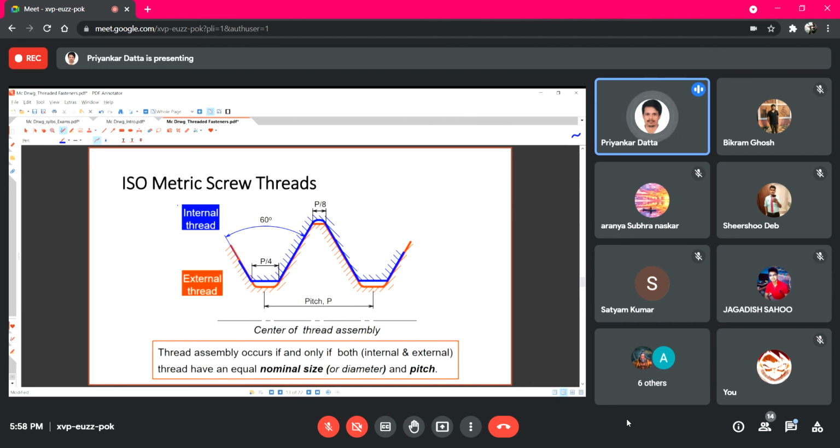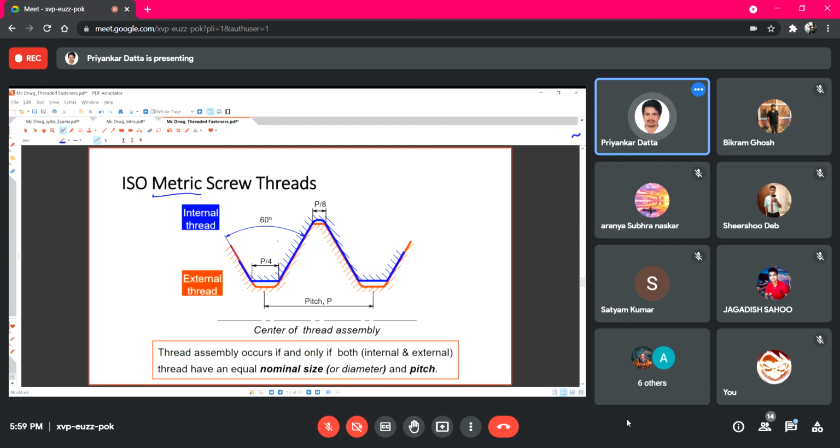Now the isometric thread, as I mentioned, we are using isometric threads. So these internal and external threads can exactly meet or be assembled when the nominal size or nominal diameter, that is the measured diameter, and pitch are both equal. So for any nut to smoothly fit on a bolt, both of them must have equal nominal size or diameter and equal pitch.